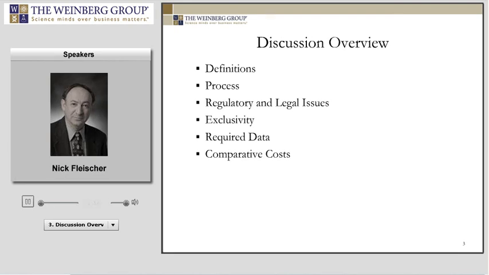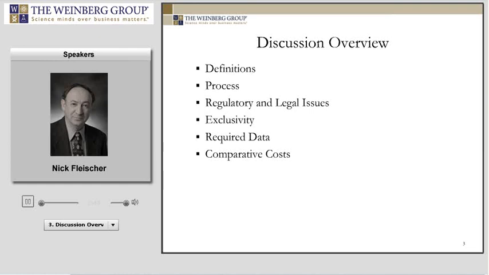We will talk about the process itself, how one goes about deciding which of these regulatory pathways one would choose and why one would choose that, and what needs to be done in making the decision to go down one of these pathways. We'll also talk about the regulatory and legal issues that are involved in both of the pathways, as well as contrasting and comparing some of the exclusivities that one could get with using either a 505(b)(2) NDA pathway versus the ANDA pathway.